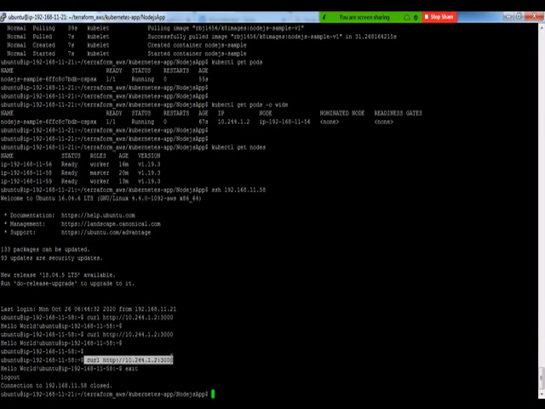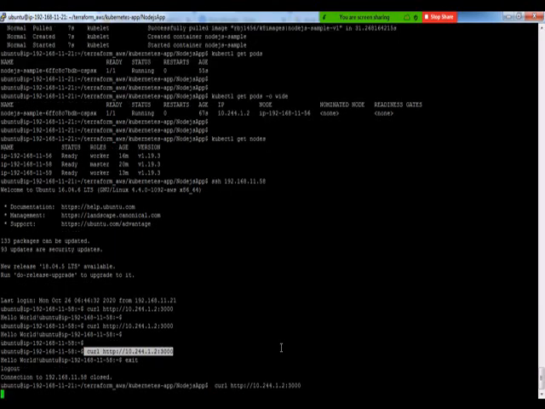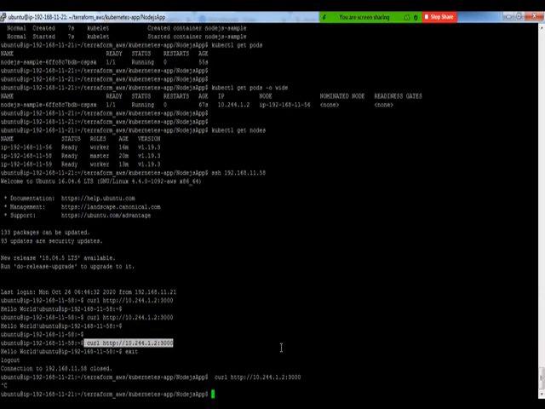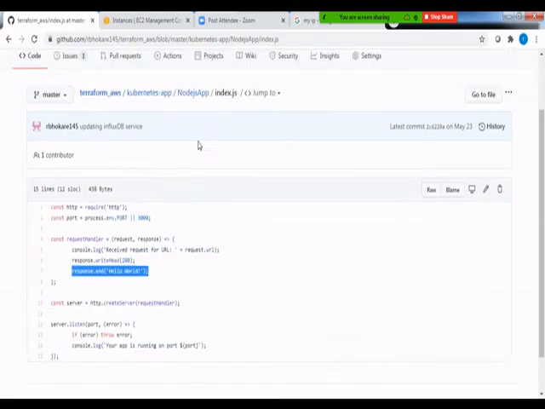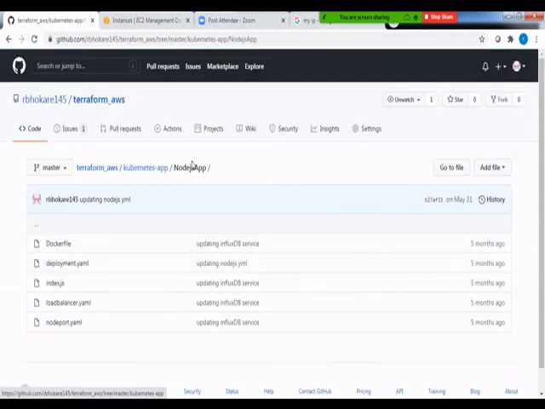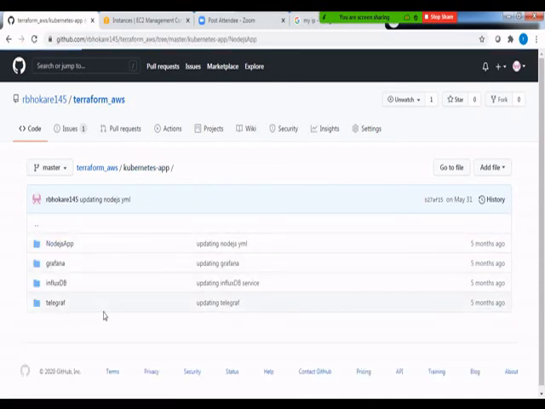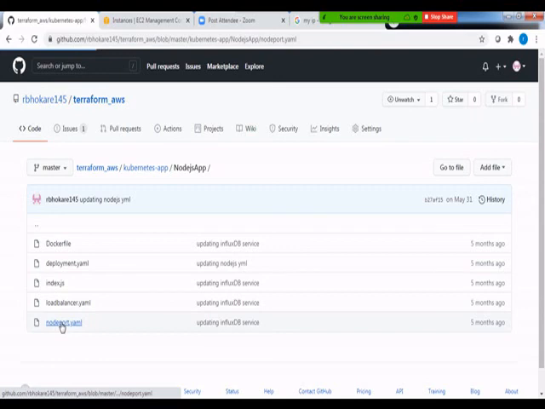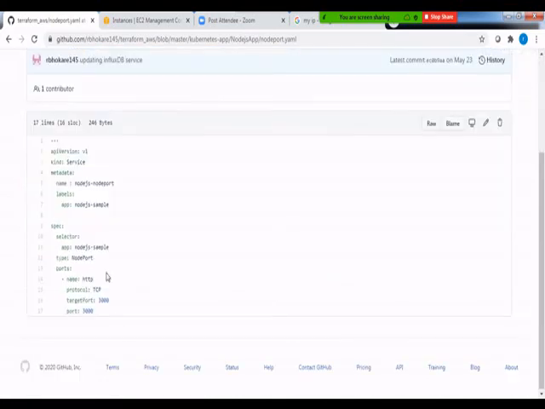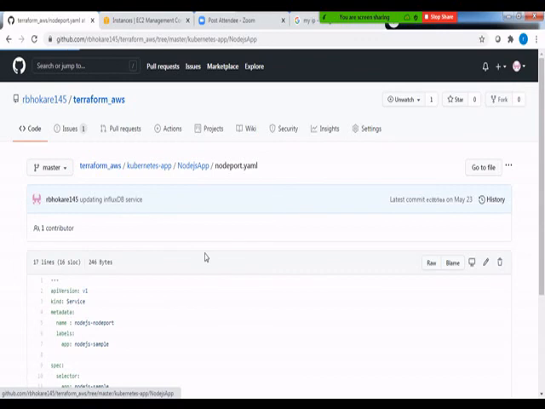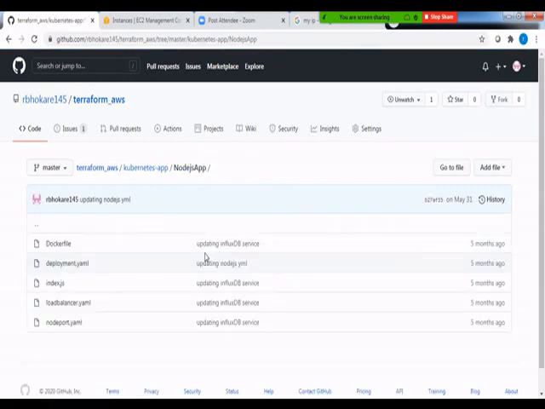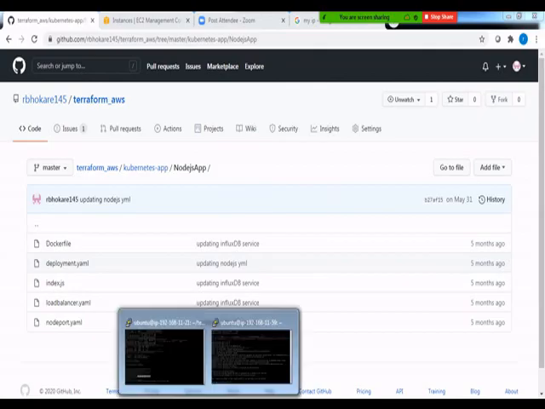If I want to show you, now I'm back to my jump box, and if I hit a command, I cannot access it because it's a cluster IP. If I want to access my application outside of my cluster, I should either create an application with a node port or with a load balancer type, the reference to which is also available in my repository. You just need to go and execute the steps. But in the interest of time, I'm not going to do it now, but I'm going to leave it up to you to try that out, and let me know if you face any challenges with doing that.